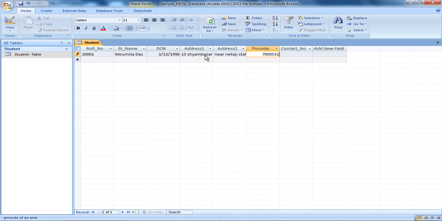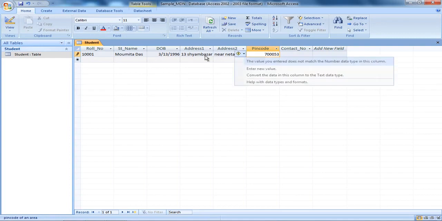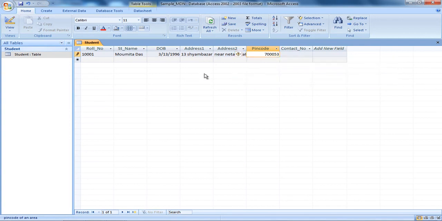Remember, I have given pin code and did not restrict it to 6. Let me check it. It should take 6 characters. 1 2 3 4 5 6. Okay, we'll check this. The value you entered does not match the number data type in this column. That means some mistake is there.